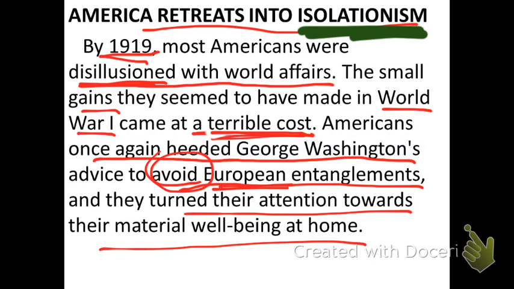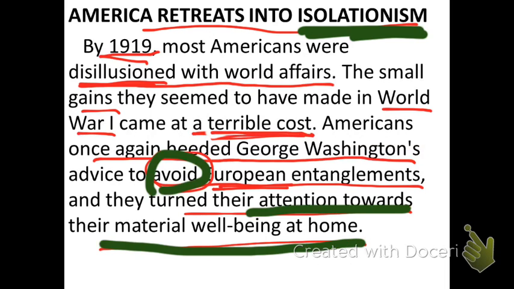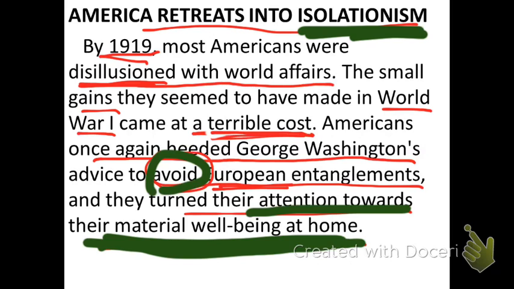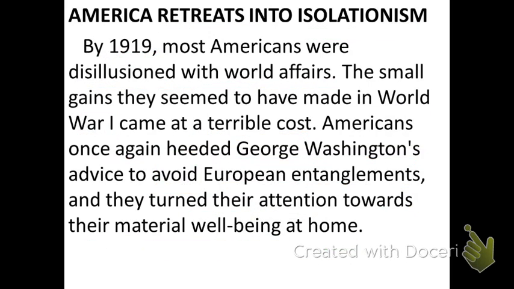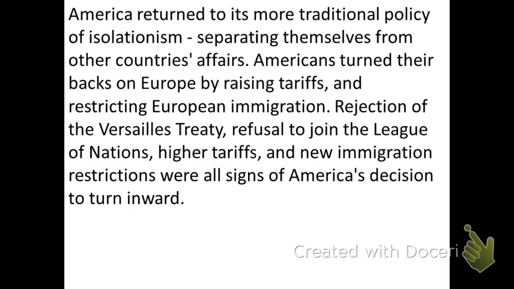We're going to avoid what the heck is happening in Europe, and we're going to turn our attention to what's going on at home, our own material well-being, jobs, money, improving our own standard of living. America returns to its more traditional policy of isolationism, separating ourselves from other countries' affairs. We turned our backs on Europe,